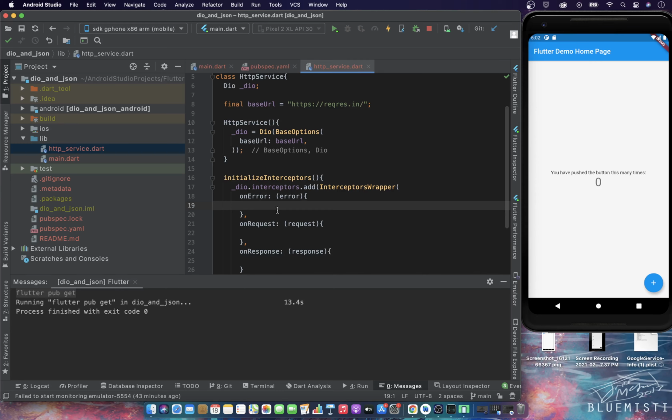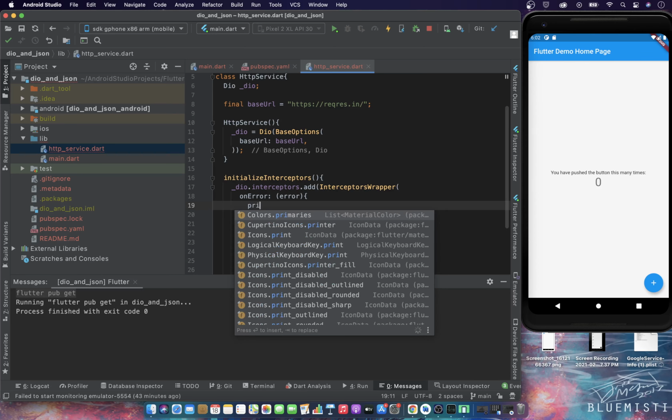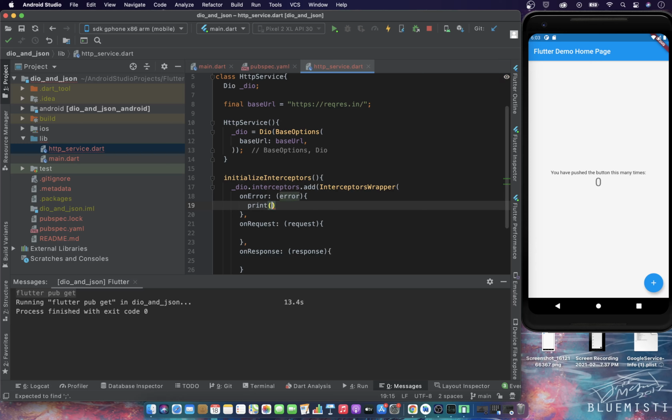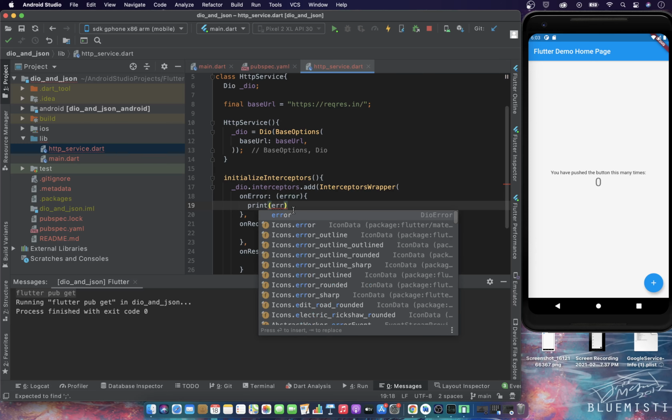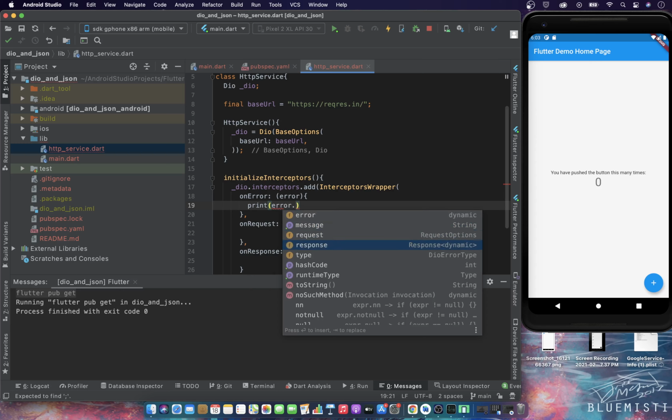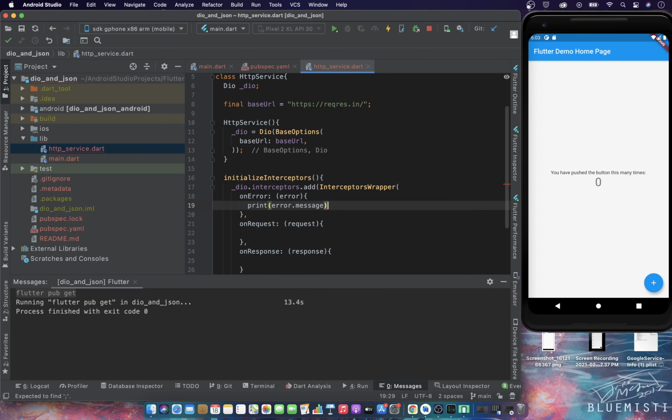So inside the on error, what we can do is just print the error message. You can see the type of this error is DAO error. Inside it we have a couple of things, like the request options and a lot of other stuff, but we are more interested in message so that we can see what error we are getting and we can fix it. And inside the on request,